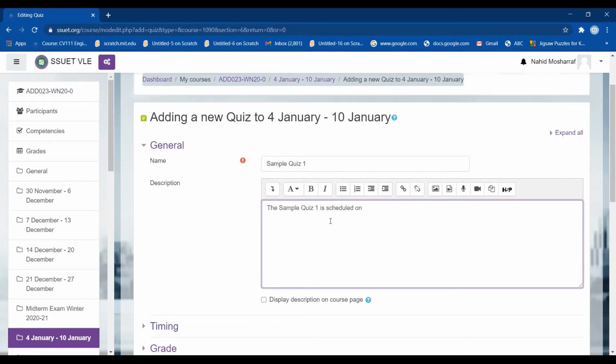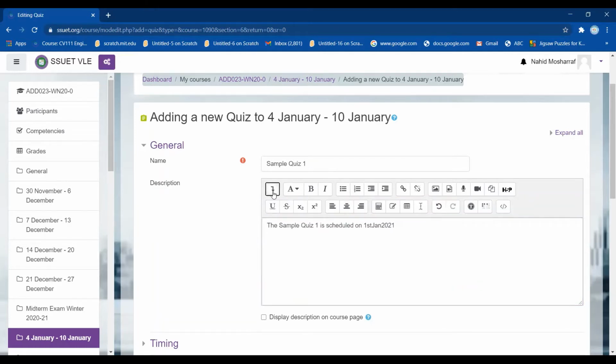So I am going to write down 1st January 2021. One more thing I want to tell you, I have explored this tab as well. When you click on it, you will get the option of subscript or superscript. When I click on it, it will become superscript. So the sample quiz 1 is scheduled on 1st of January.